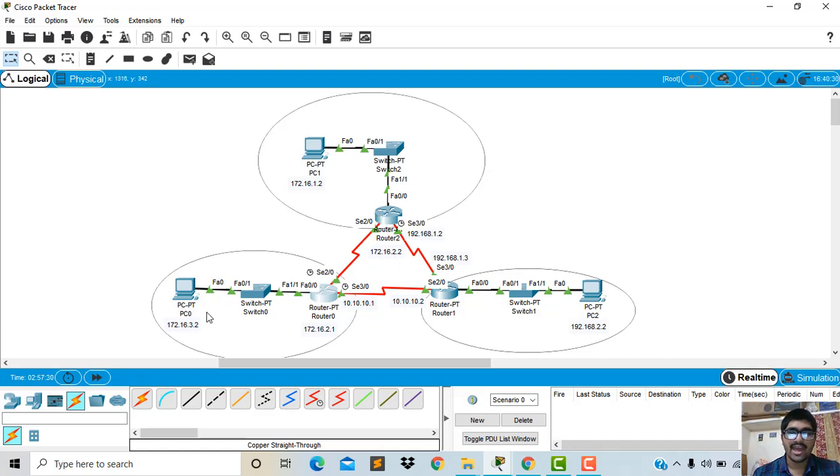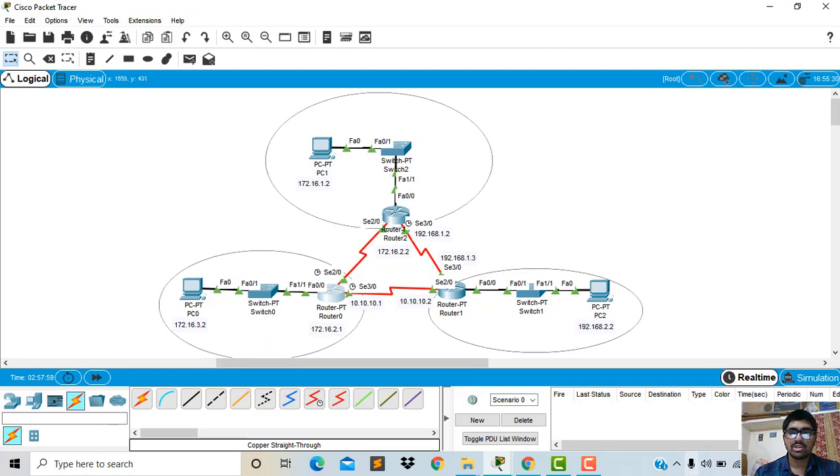To perform the action between router 0 and router 2, it should have the clock rate. Here I am using the DCE serial interface cable to send the packet from router 0 to router 2. The network address of this IP should be present in this router, and the router information should be present in this to perform the action in dynamic routing.